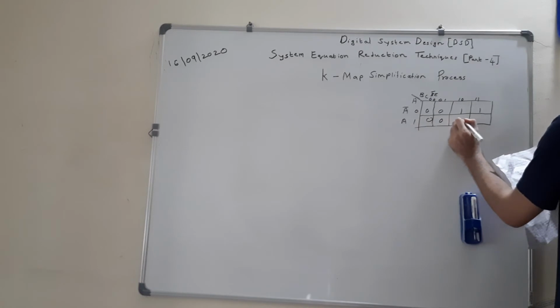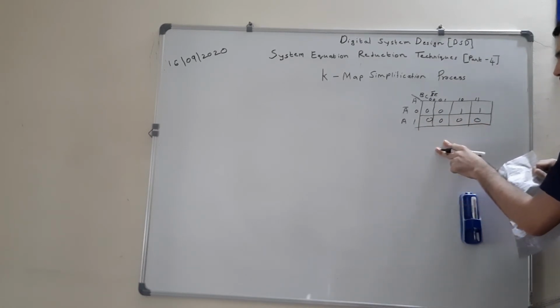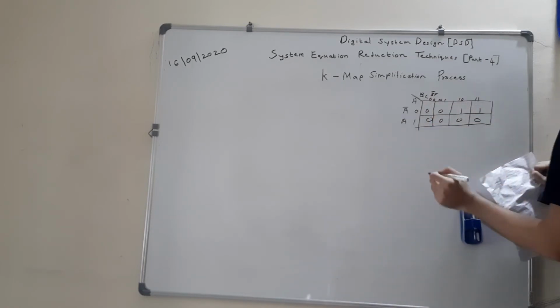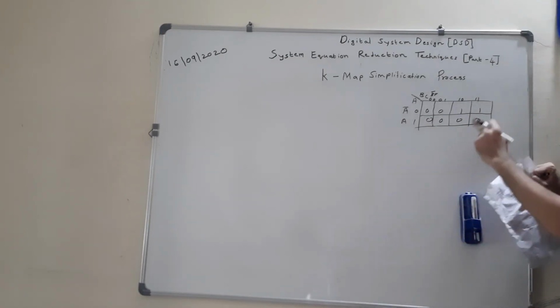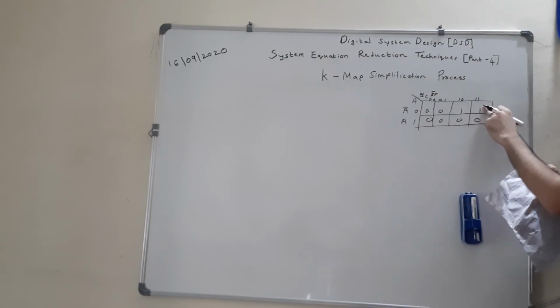But what our rules of grouping tell us is that we can, because we are dealing with an SOP expression, because here the product term is present. So it is an SOP expression, that's why we group min terms. Now when we group min terms, we will place one down, one over here, and we will group only once, because we are dealing with standard SOP form and min terms.